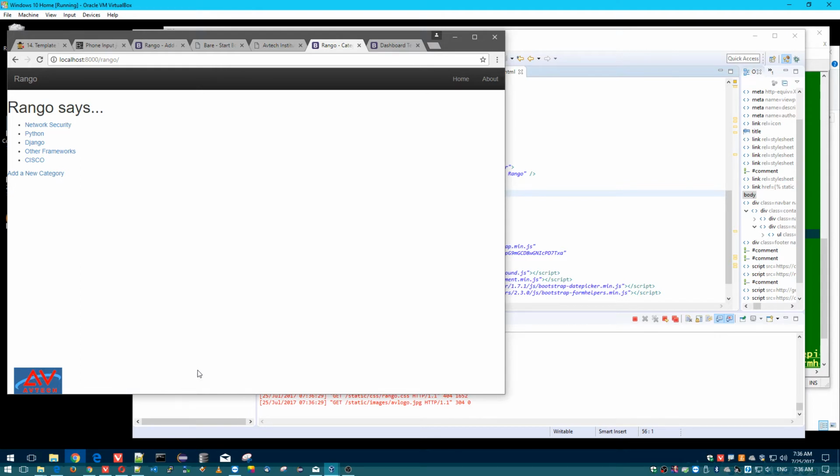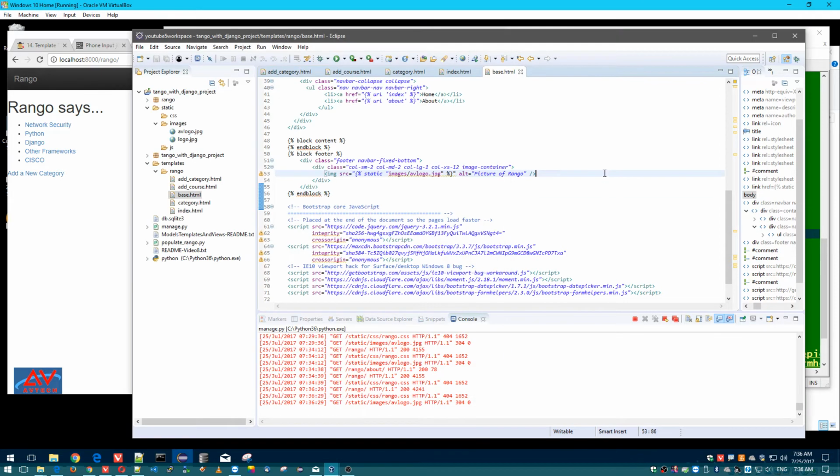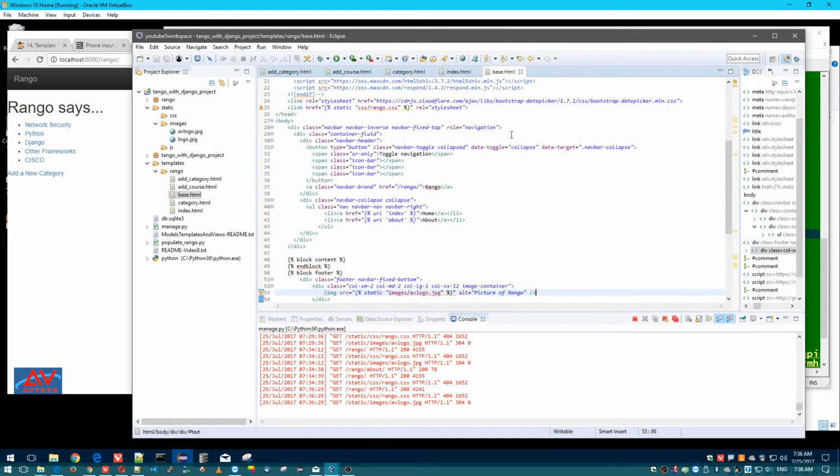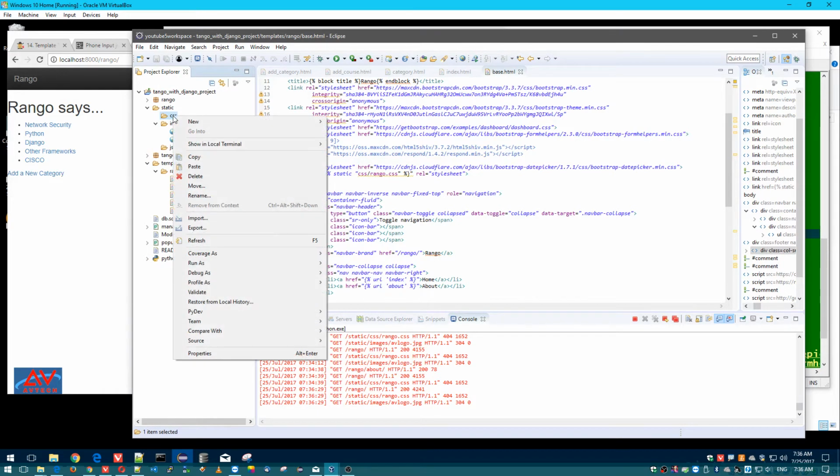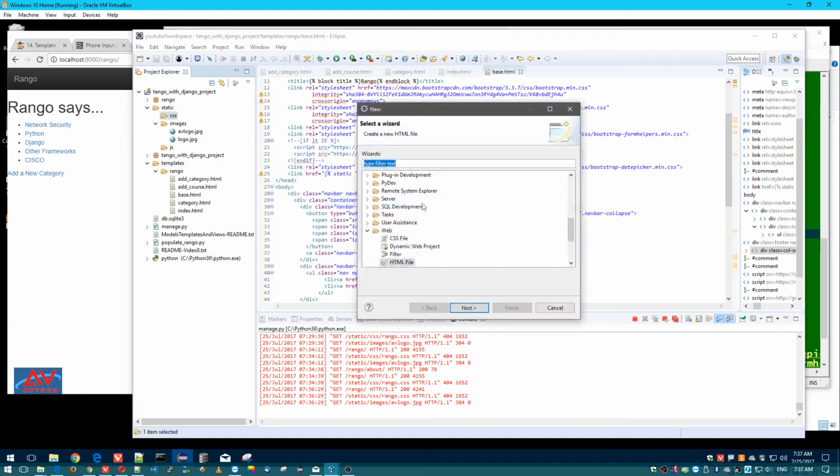If you look at this, this is not very pretty. The colors are all blended with the background. It's hard to tell it's a footer. This is where we want to use some customization. So the way you do it is in the style sheet, we will create our own style sheet. Let's call it